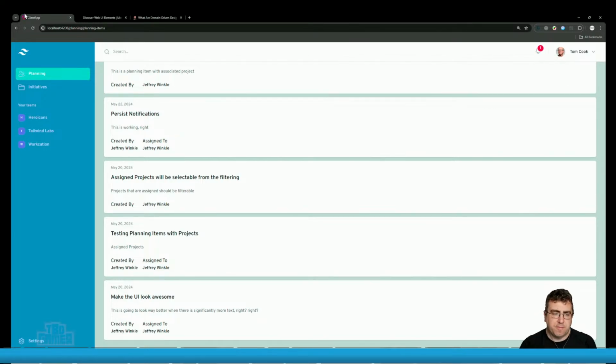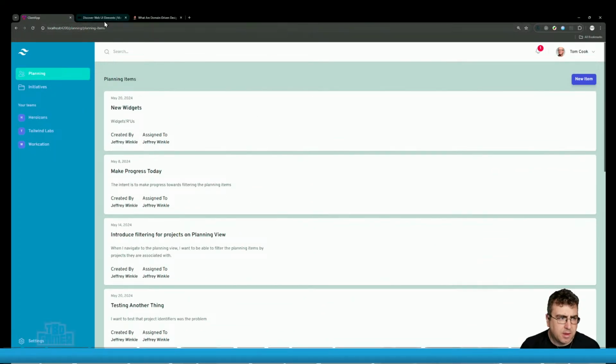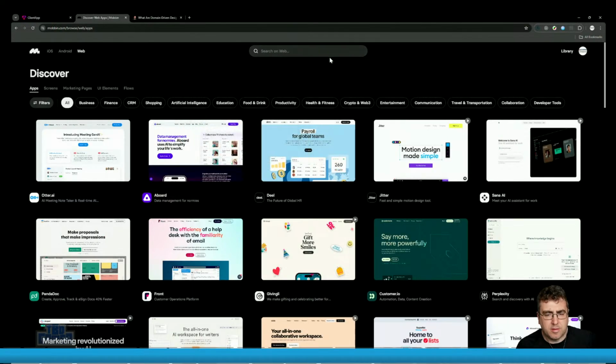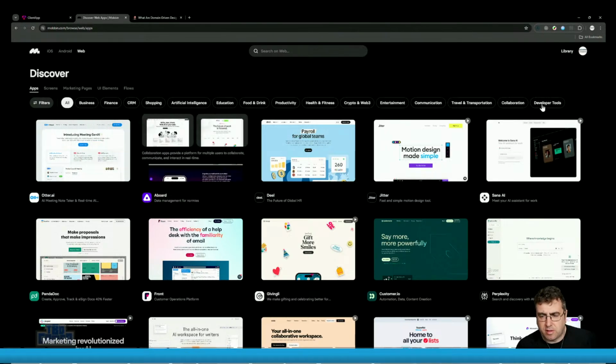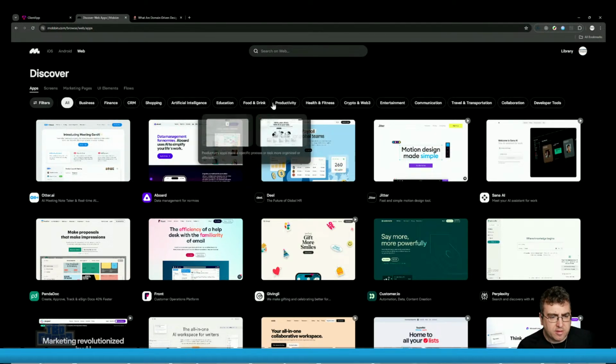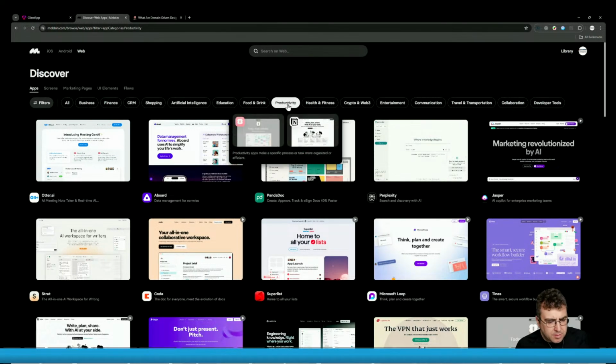Well, that's an interesting thought, actually. So this is mobbing, right? And it gives me the ability to look at apps that are similar, right? Now, ironically, it has dark mode. But if I look at the project, let's go to CRMs, because CRMs is the closest in this category. I mean, productivity, maybe. It could be productivity / CRM. Let's go to productivity first, right? But if I look at these apps,